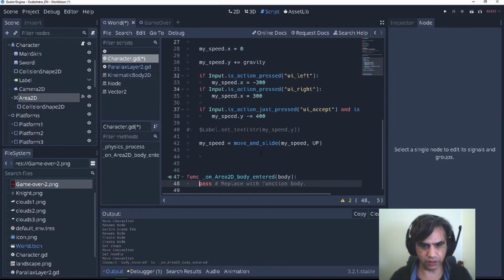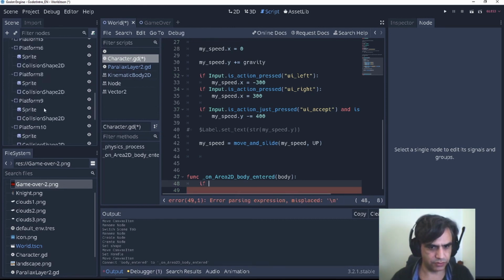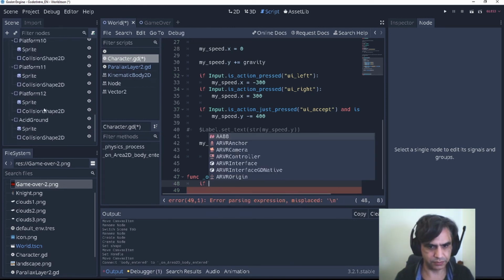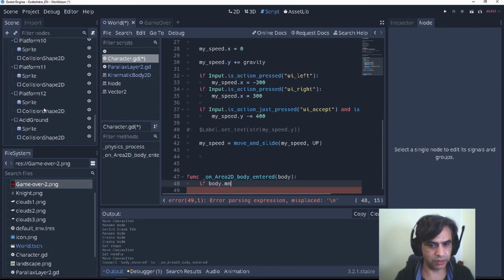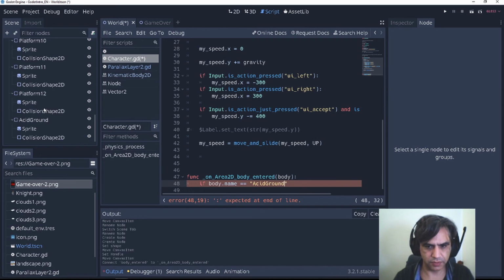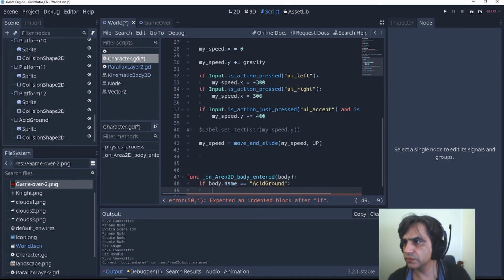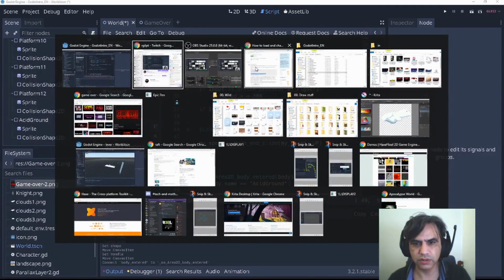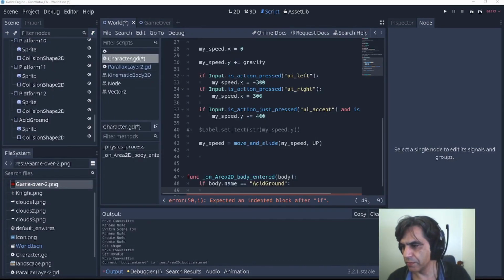And if the body, and I'm going to use name for now, it's not the best way, but if the name equals acid ground, then I'm going to move to the next. Where did I put the? It's here.